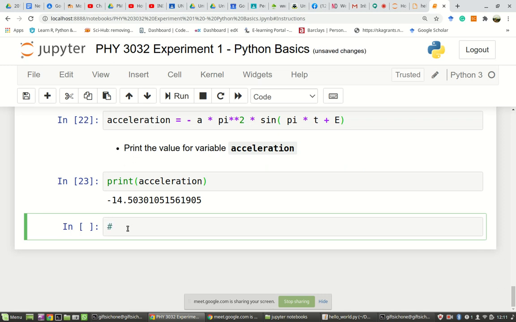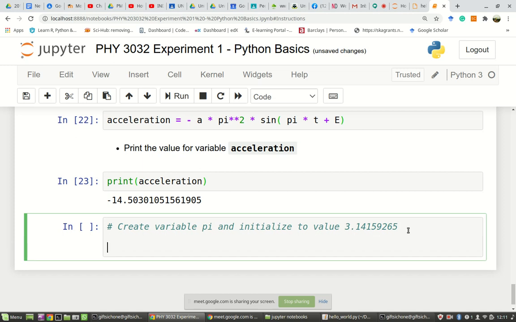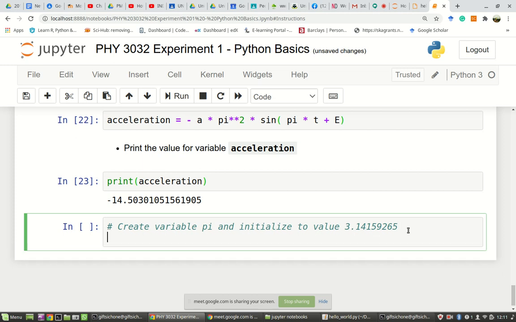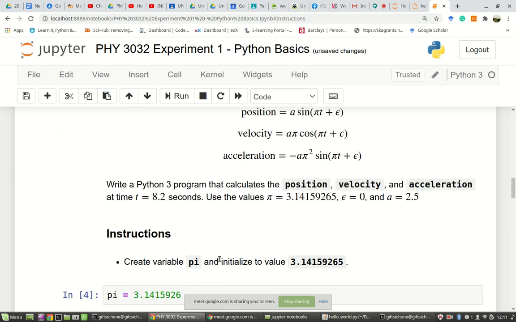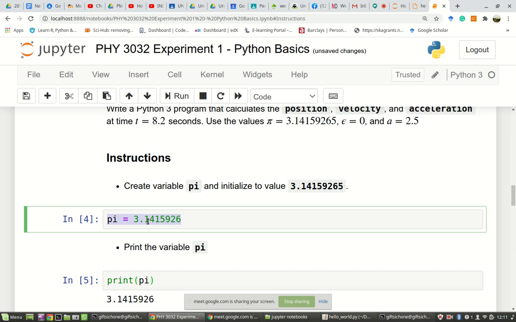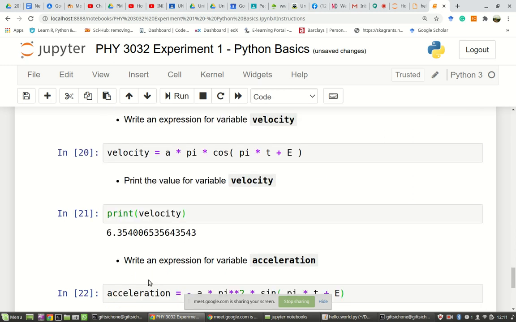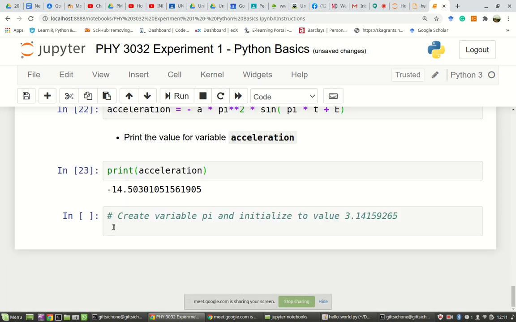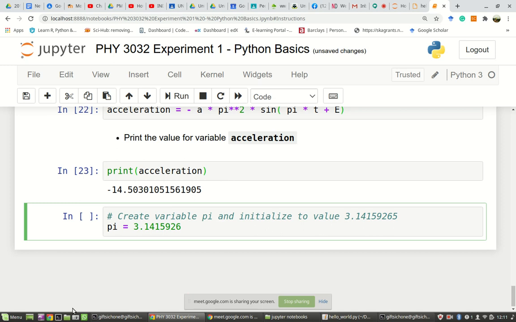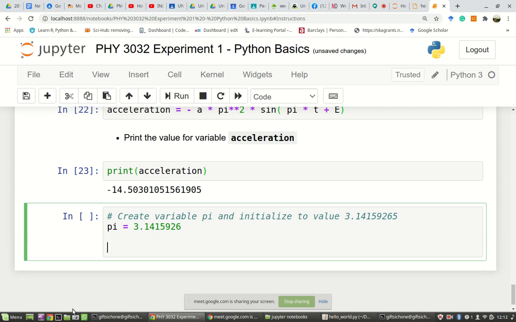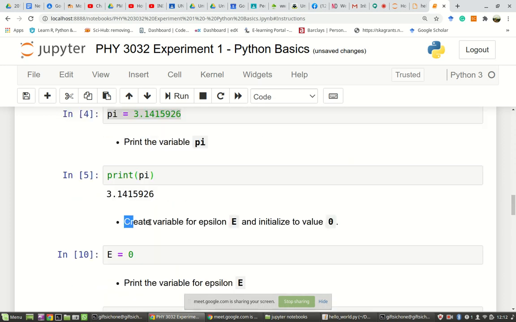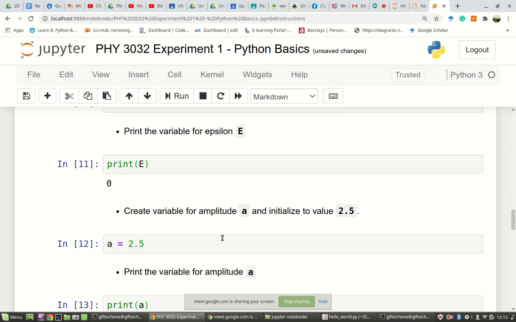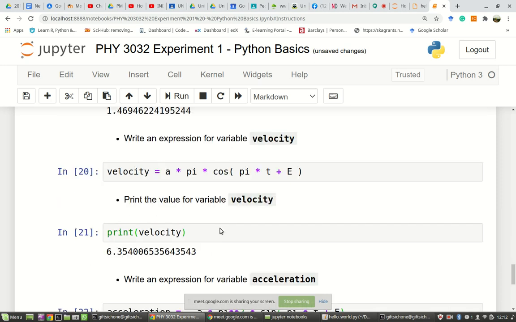So after I do that, then I get this. I copy that. Then I put it there. Okay. The next, where do I come? Which other thing they were supposed to create? Here. Create the variable epsilon and store a value of that. So I copy that. Store it as a comment. Then